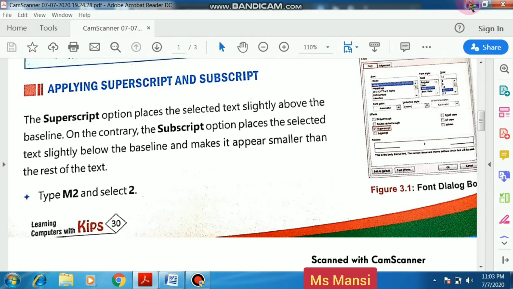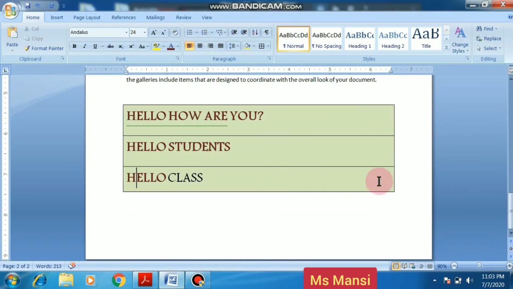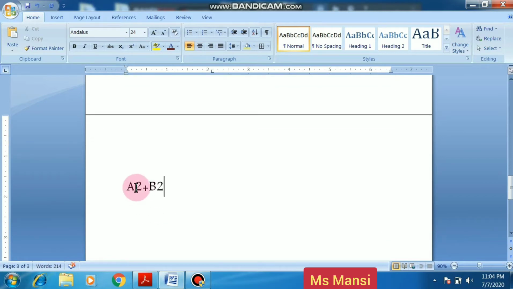So I just write here A2 plus B2, and I want this 2 above the baseline.